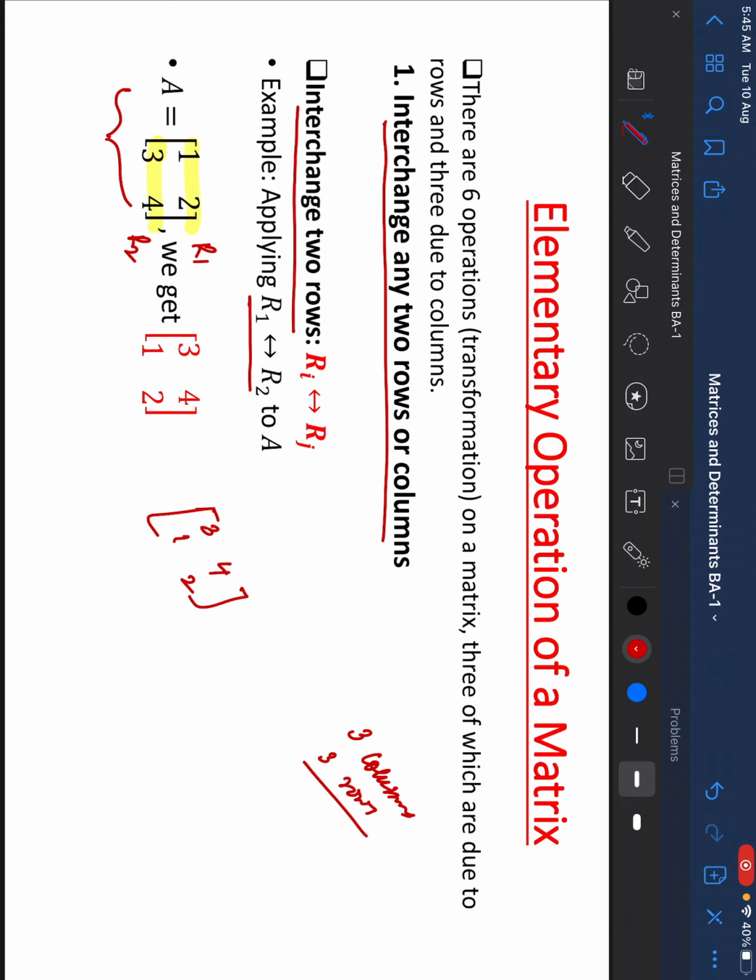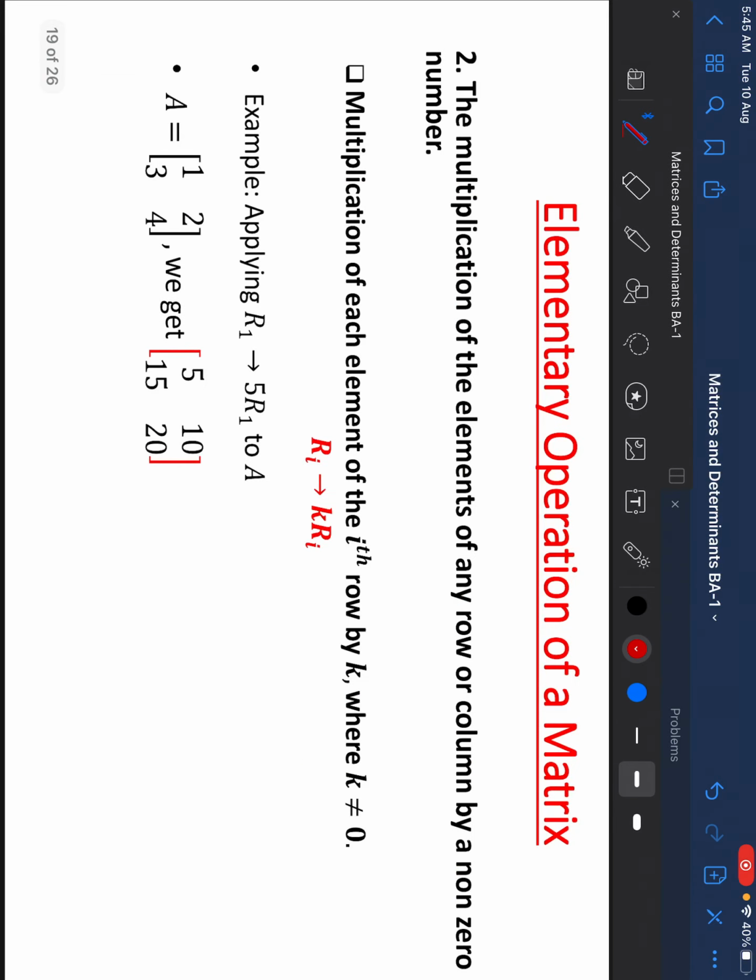So we have to interchange two rows. Like this way we're gonna do. This is my first operation of matrix. Now the second operation. The second operation says that multiplication of the elements of any row or column by a